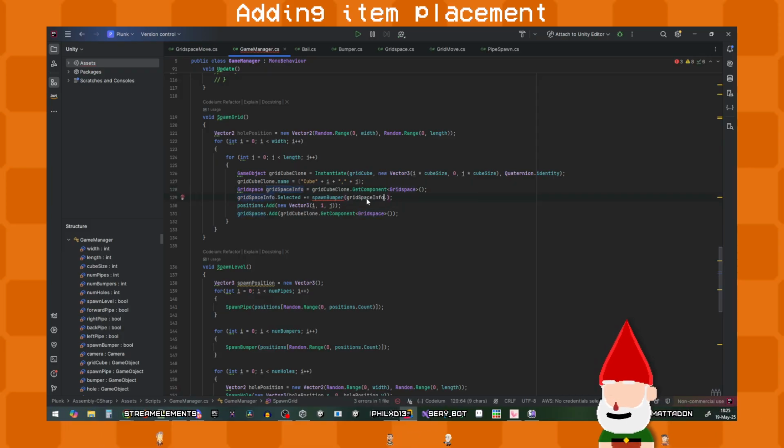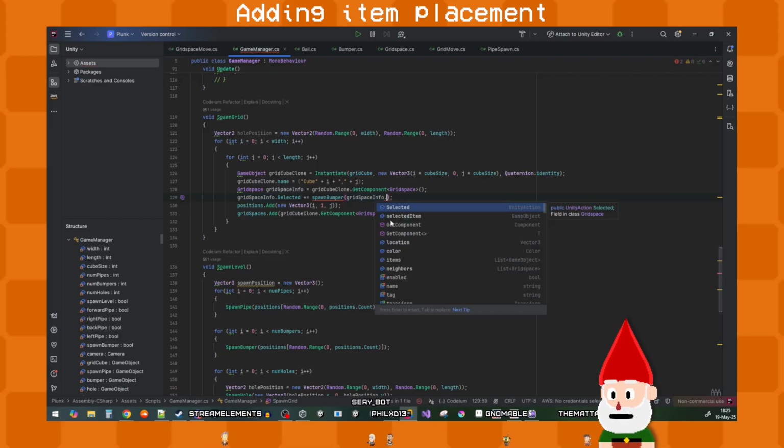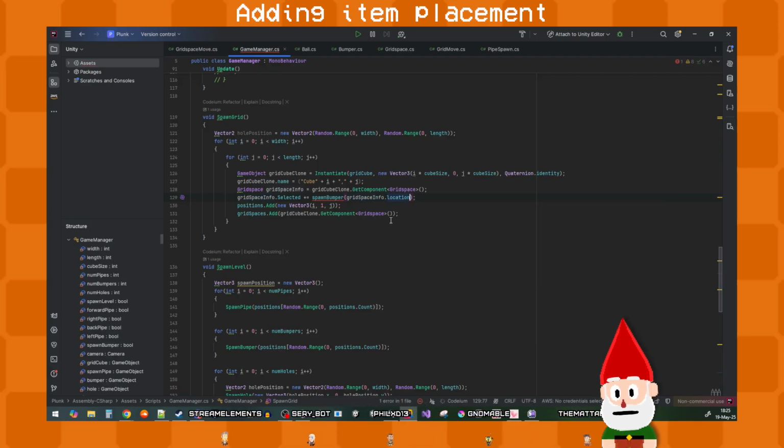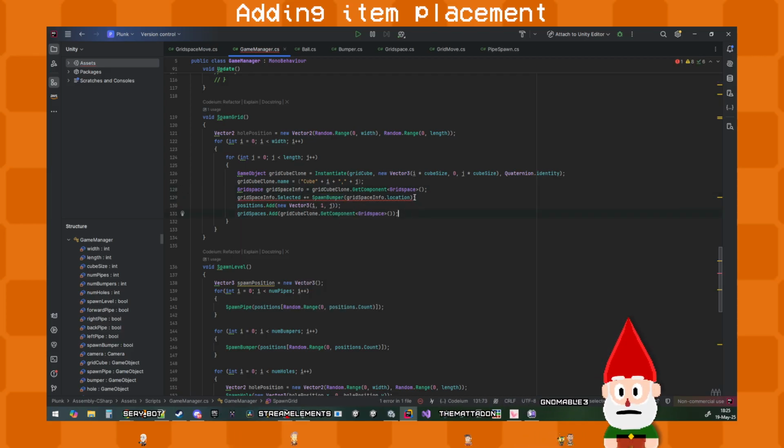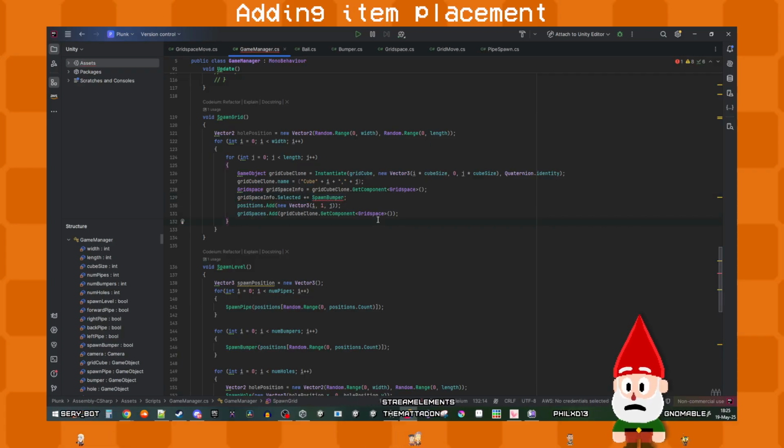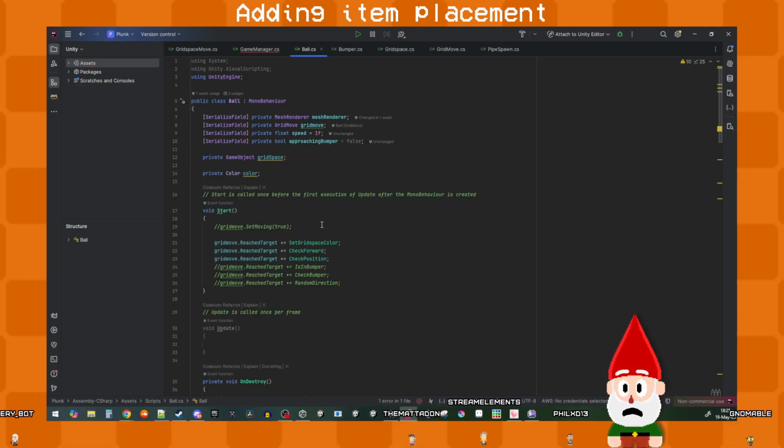And it's actually the grid space info's location. Yeah. Okay, you not pass the thing into that? Yeah, okay, so I'm just calling a method that is